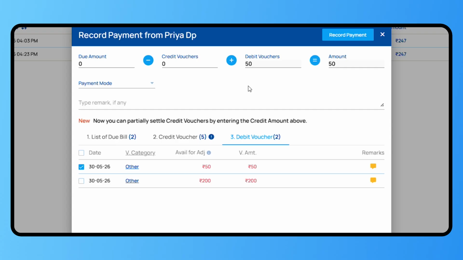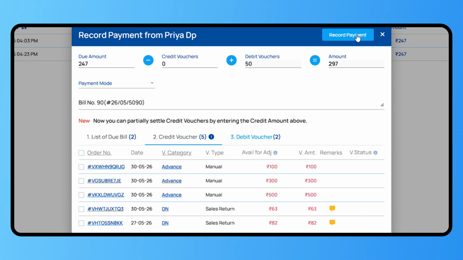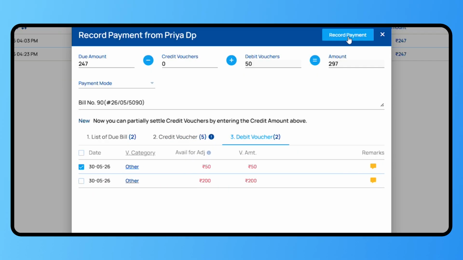Note that a debit voucher cannot be partially settled. They have to pay the full amount. In this way, you can record their past dues balance. Second scenario, if the customer is paying for the current invoice as well as for the debit voucher, you can select the current bill as well, click the Next option and then record it. This way you can record both the current bill as well as the past dues of the payment.